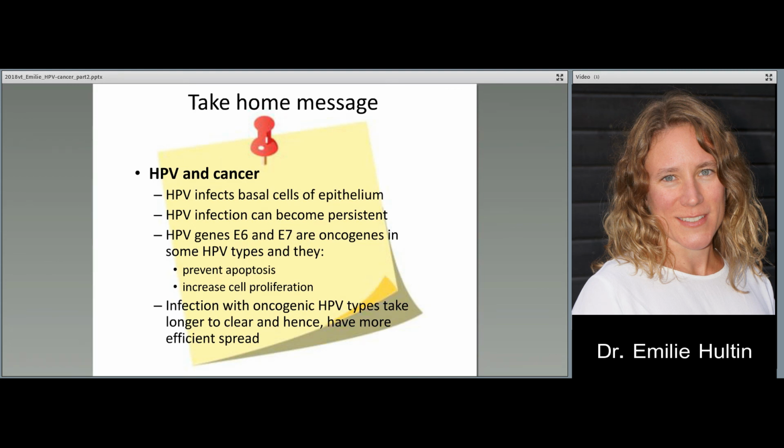So the take-home message from this part 2 lecture about HPV and cancer is that HPV infects the basal cells of the epithelium, and the HPV infection can become persistent. The HPV genes E6 and E7 are oncogenes in some of the HPV types, and these genes can prevent apoptosis and increase cell proliferation. And infection with oncogenic HPV types takes longer